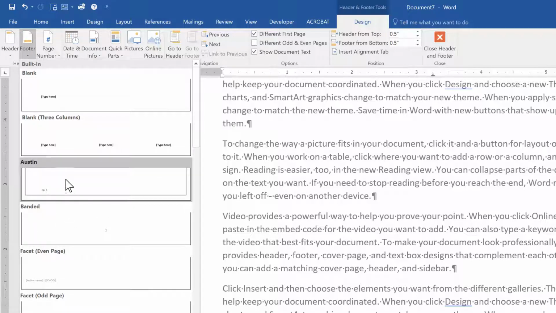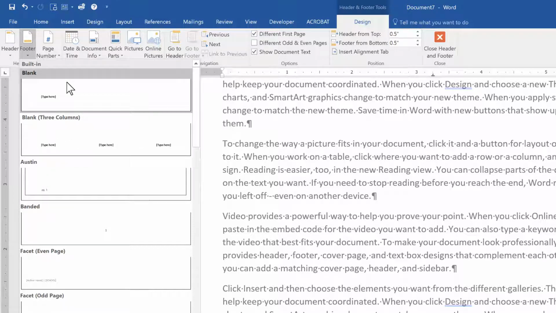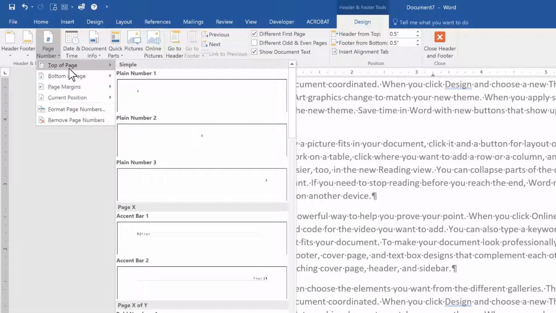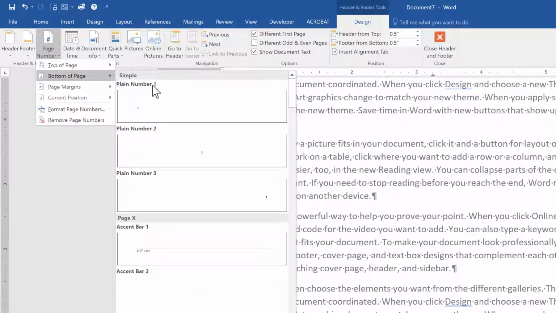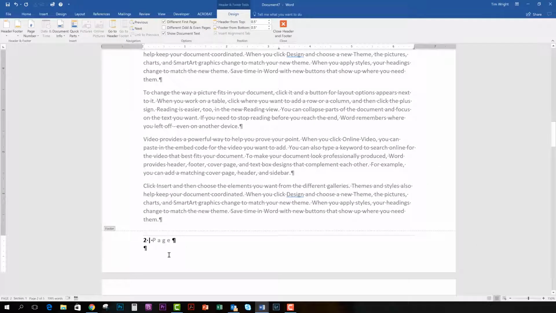and here are some different kinds of footers I can choose from. Like here's Austin, page 1. Here's a blank 3-column footer that lets you type whatever you want. 3 different things can be down here. It's kind of like 3 items like page number, confidential, name of your company. Or maybe you just want page numbers. So I come over here to Page Number, and I have different kinds of page numbers. Like this is all going down here on Page Number. So let's go Bottom of Page, and I want Accent Bar Number 1. So now I get this really nice